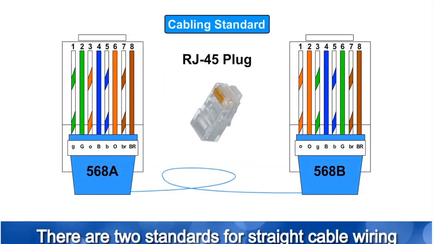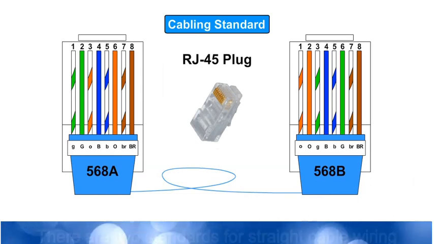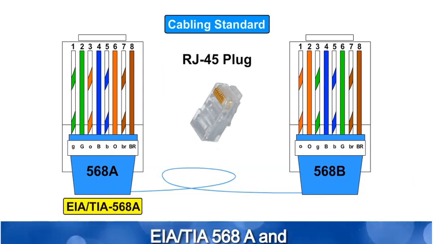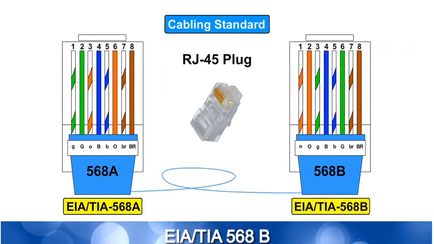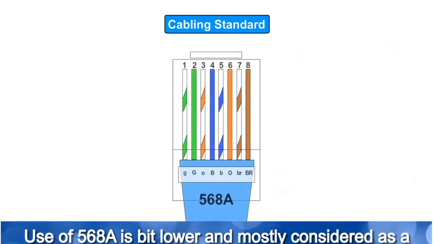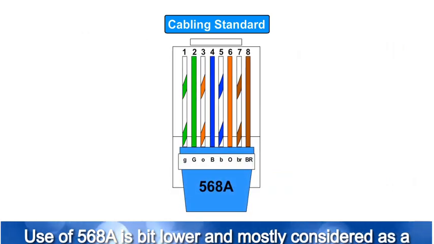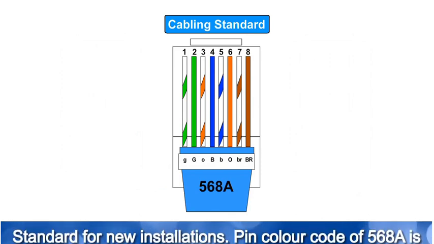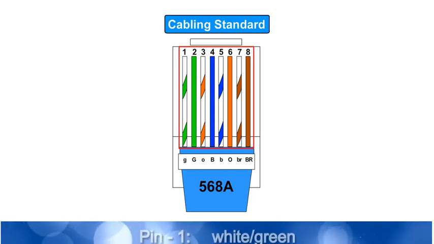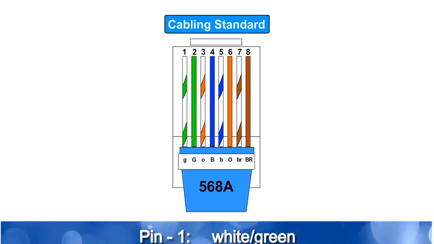There are 2 standards for straight cable wiring: EIA or TIA 568A and EIA or TIA 568B. Use of 568A is a bit lower and mostly considered as a standard for new installations. Pin color code of 568A is pin 1 white green,